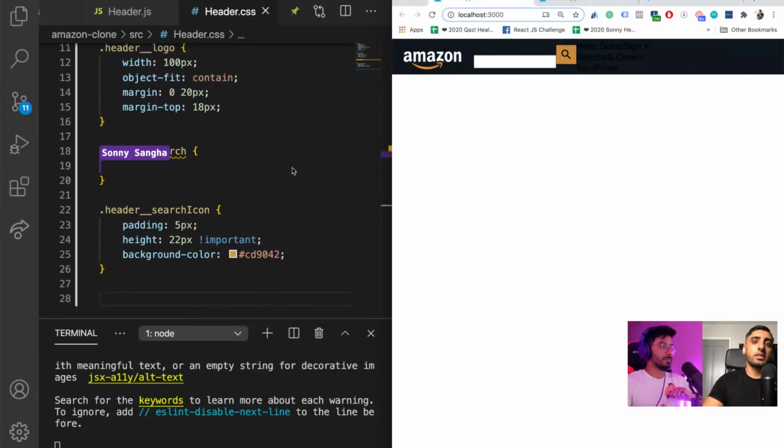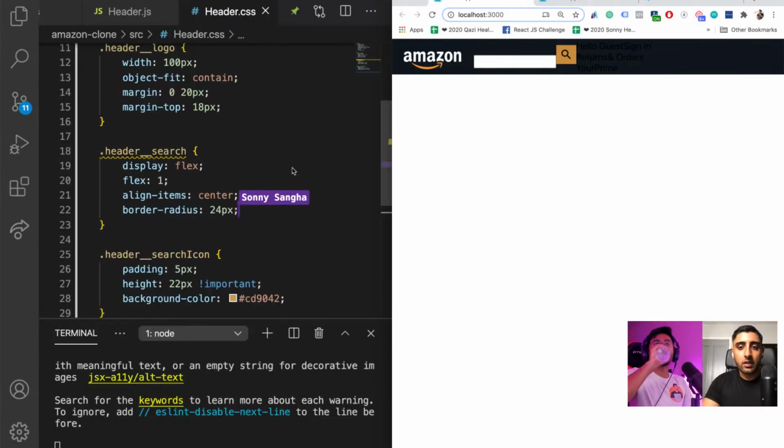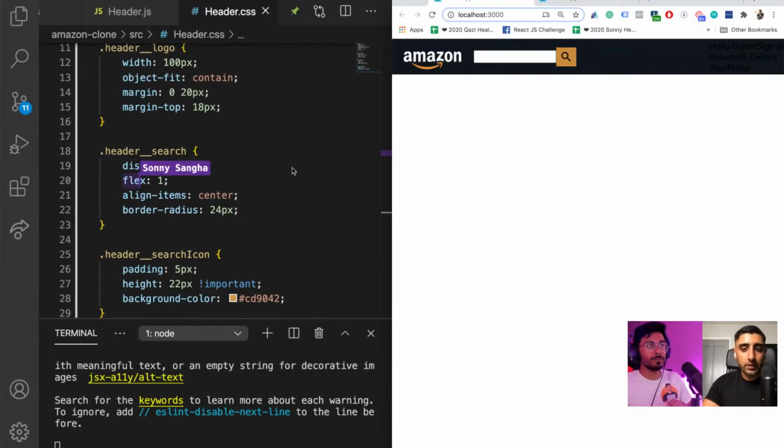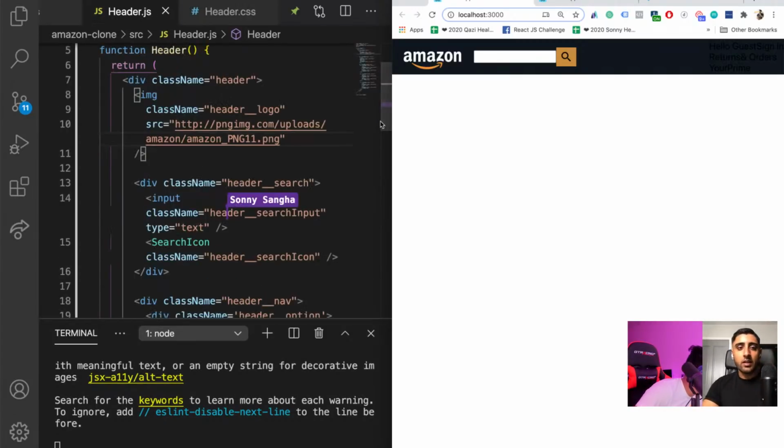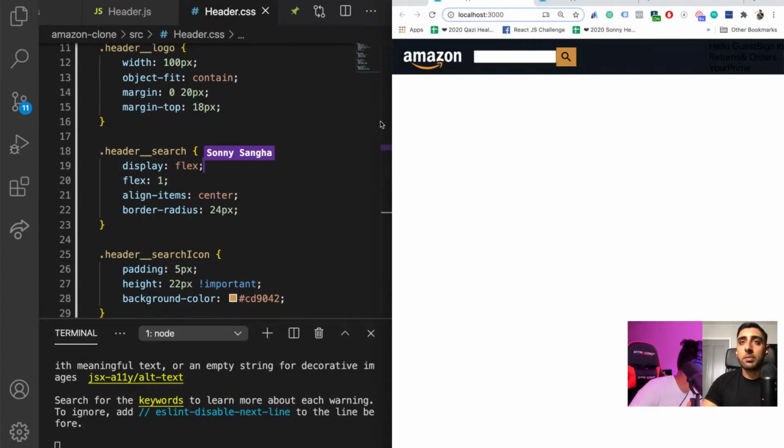Exactly, guys. Flexbox is really going to help you get responsive design. It's going to allow you to restructure things on a web page very easily. What we're going to do is include this code right here. We're going to say display flex, flex 1, and I'll explain what this does in a sec. Align items center is what was responsible for pulling that logo centrally with the input field. And then we're giving it a border radius of 24 pixels. The interesting part here, guys, is that header search is actually surrounding the input field and the search icon. So that's why when we did display flex, everything went into a row, because when you apply display flex,